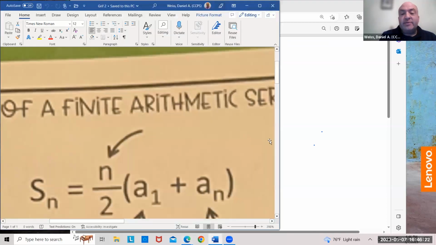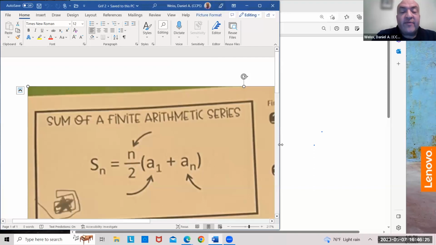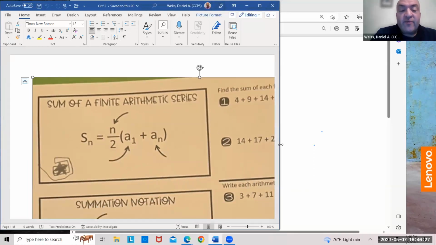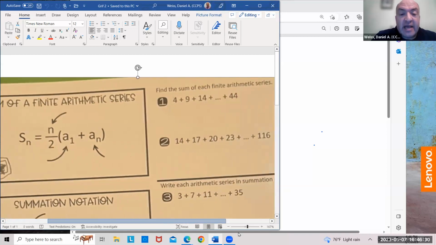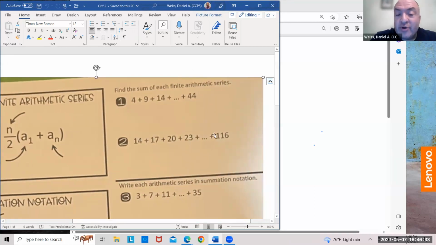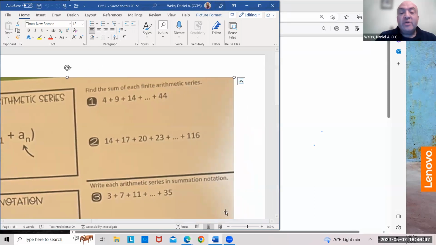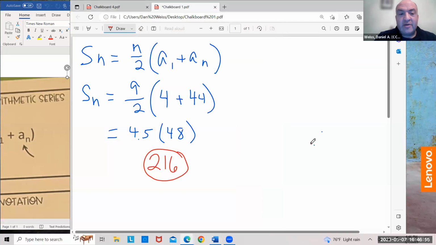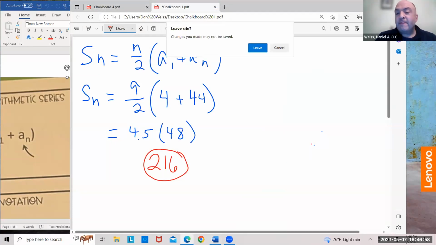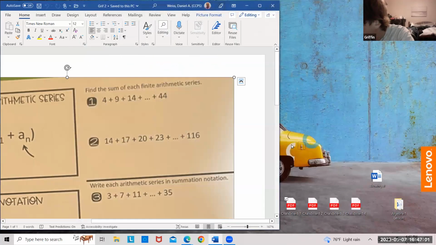So in these problems, there are 2 things you have to find. You've got to find how many numbers are in the sequence, like in number 2. And then you have to find out what they add up to. Okay, I guess that makes sense. So I'm going to have you talk me through it. You have this in front of you, right? If I cover it up on the screen, you can just talk me through it.